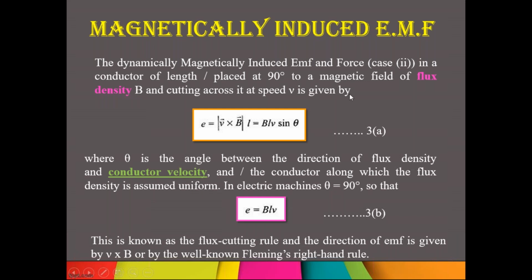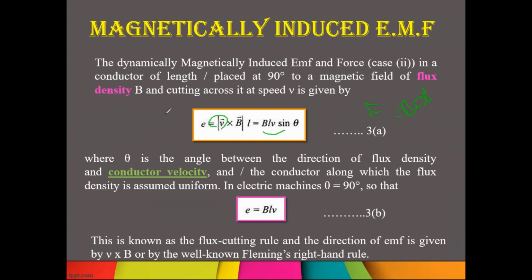Right. Now, do you know what the force equation in a conductor is? F is equal to B I L. Right, this is the force equation. But if you want to write it in terms of voltage, you can write E is equal to V into BL. So here I am substituting V. This equation belongs to voltage, and the other belongs to force. Now, when we eliminate the vector product, we get BLV sin theta.